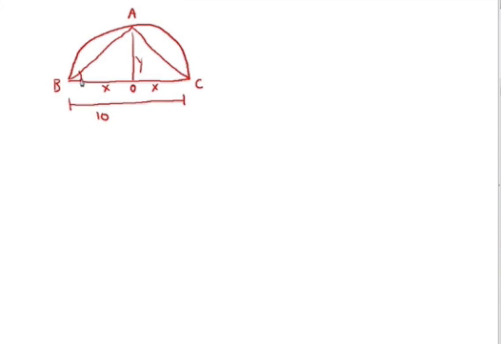We're trying to determine the angle that gives us the maximum area of the triangle. So by looking at the angle, we know that tan of theta is going to be equal to y over x. Therefore, y will be equal to x tan of theta. And we know that the area of the triangle is going to be your base, which is going to be 2x